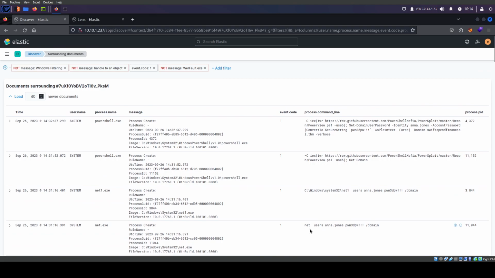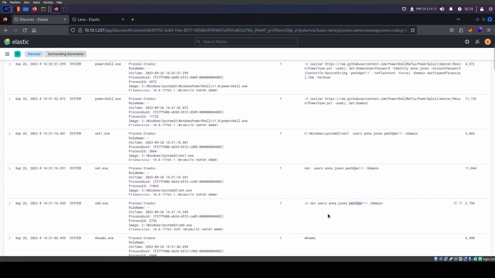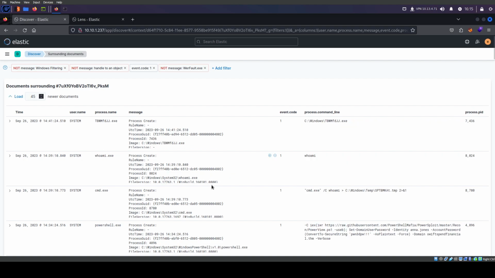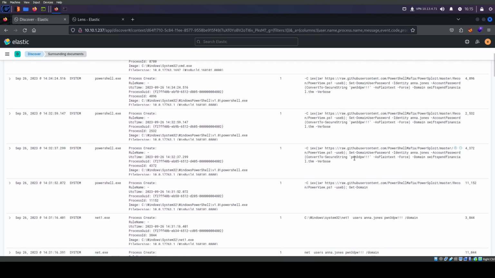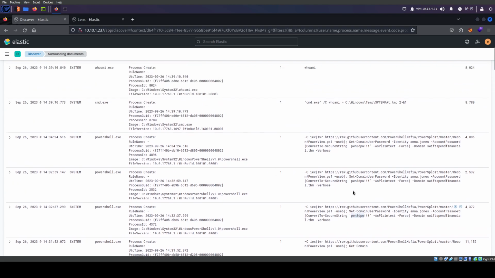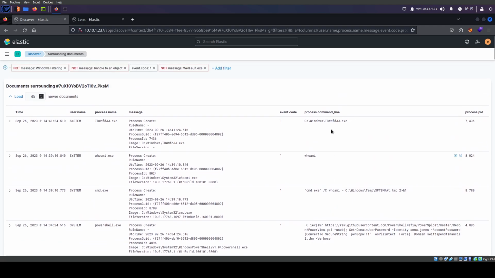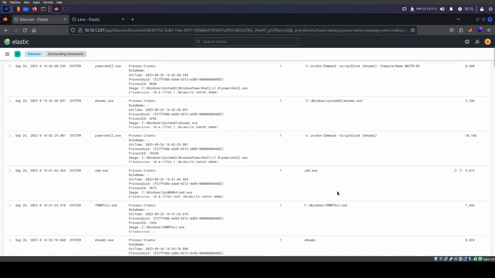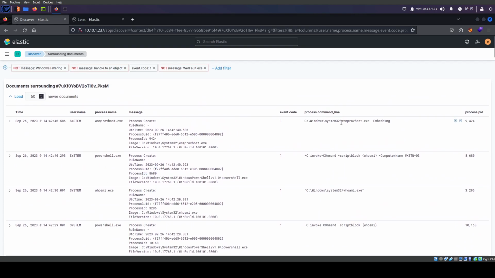So it's trying to use net users. I think it's net user. That's probably what's happening. So there's a typo here. But now they're doing PowerView. And see, they're trying to now use PowerView to change the password. I like that. Very, very sneaky. And they're trying it a couple times, I think. Right? It's the same event process. Here. Who am I? At some point, they have to be successful. Let's see. That's interesting.